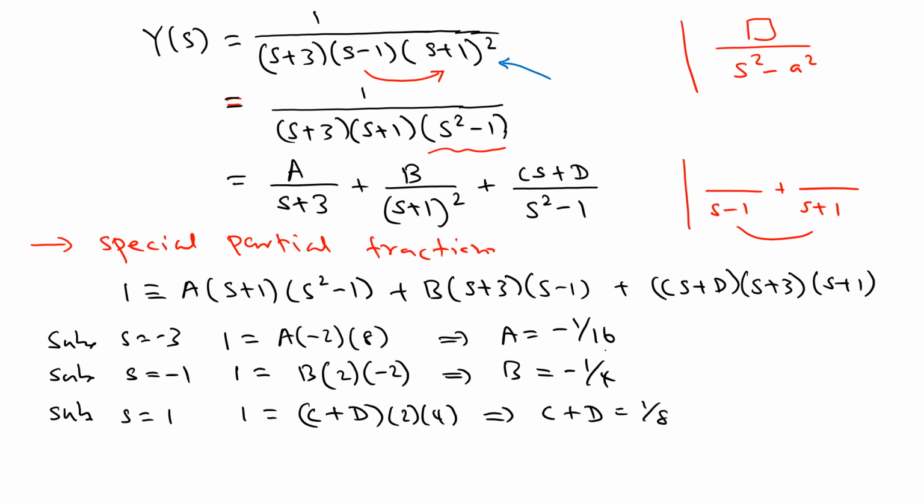Now to do the rest, what you need to do is go with the coefficients. I'm going to go with the coefficient of s cubed, the highest one. If you do that, you get 0 equals, how do we get the s cubed? There's no s cubed here, and this s cubed here, this, that, and that. So that means you're going to get a plus c. Those are the coefficients, but we already know a, so this says that c has to be